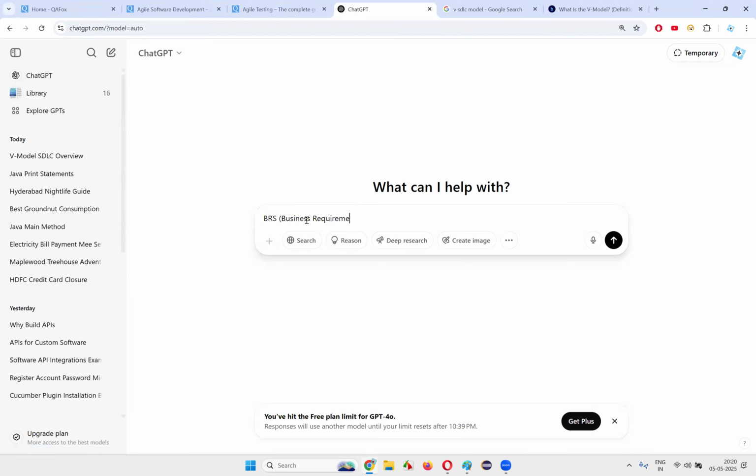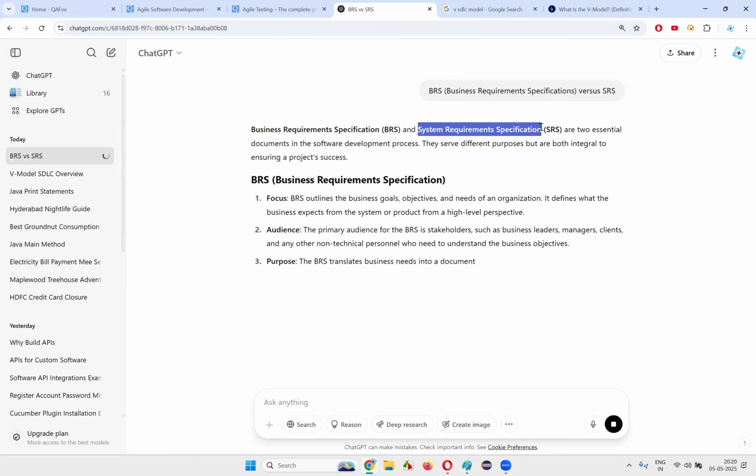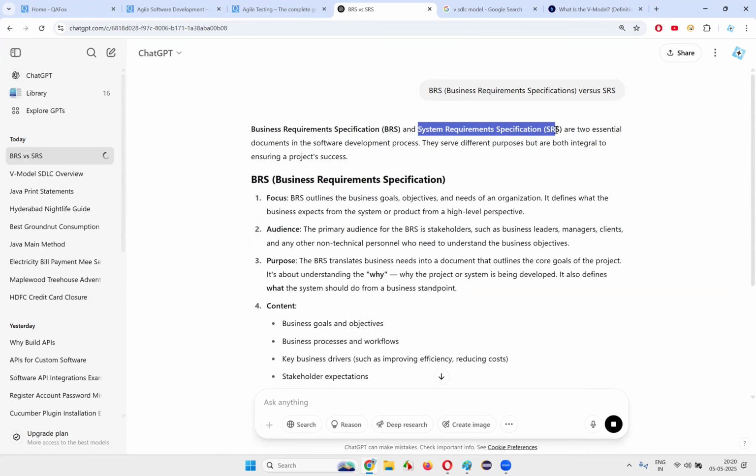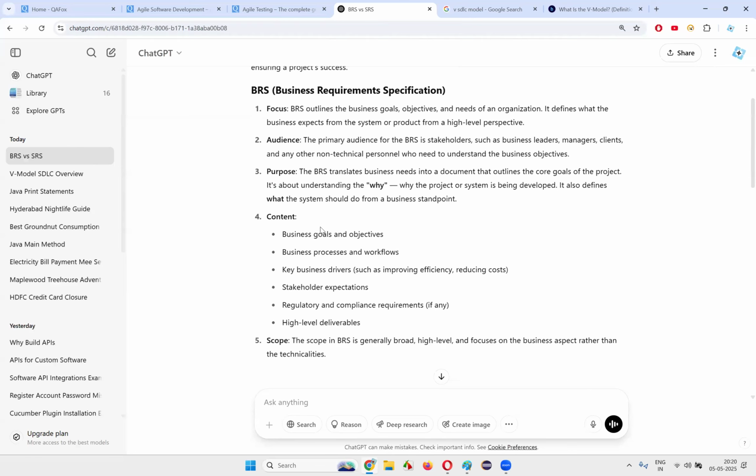BRS, business requirements, specifications versus SRS. Okay, you'll get all the answers of SRS, system requirement specification. SRS stands for system requirement specifications. BRS stands for business requirement specification. Business requirements will be there in this BRS document. In the SRS document,